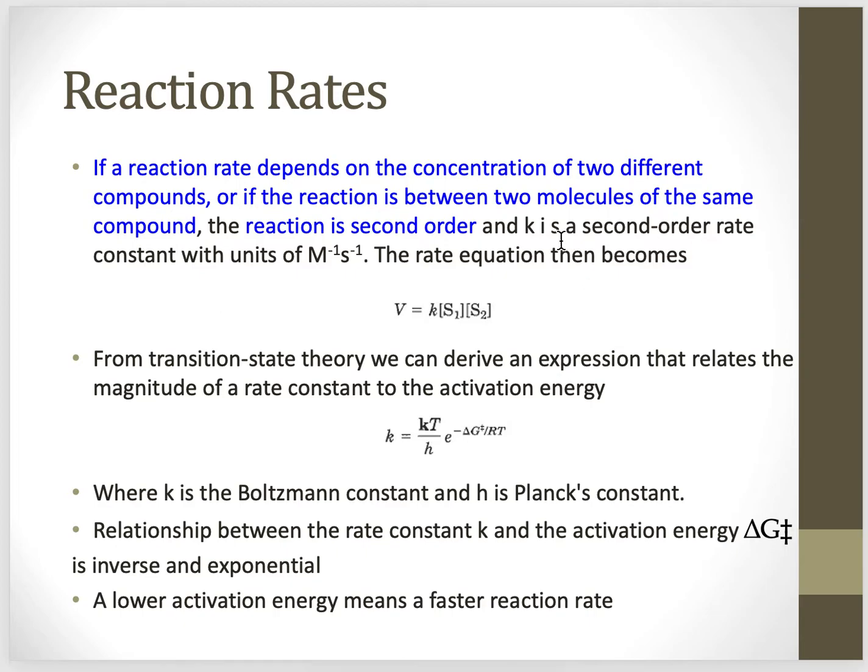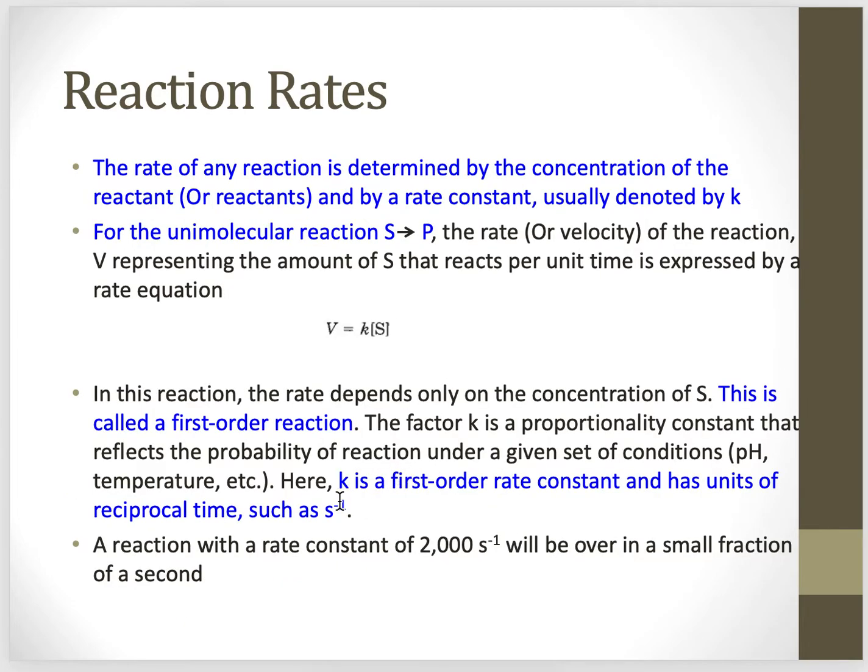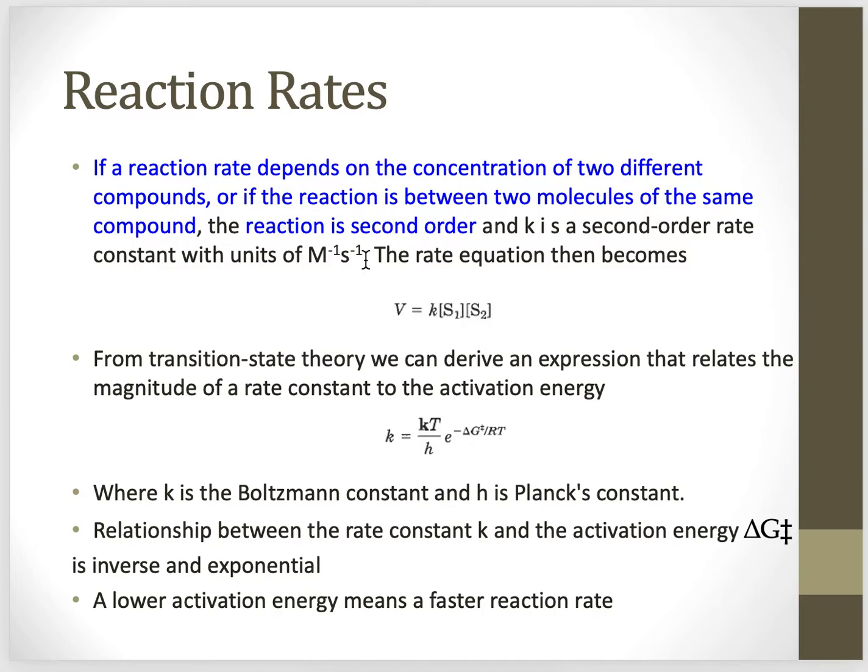Okay, in this case the K is a second order rate constant, which has a unit of per molar per second. So you can see the units of K are different; it depends on the order of the reaction. While for first order the unit was per second, for second order the unit is per molar per second. If you imagine this reaction, the rate of the reaction will become like this: